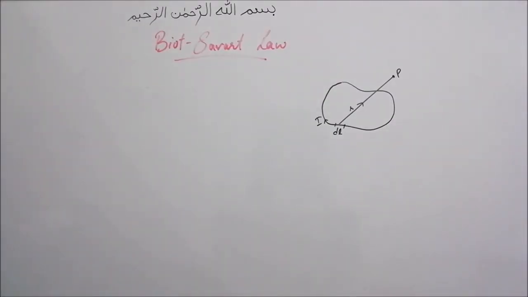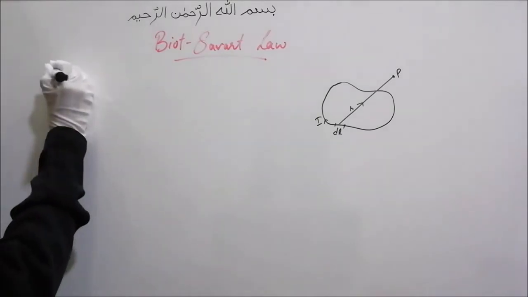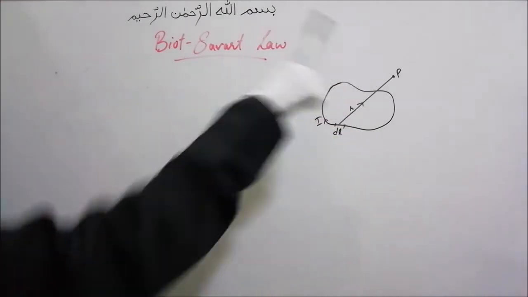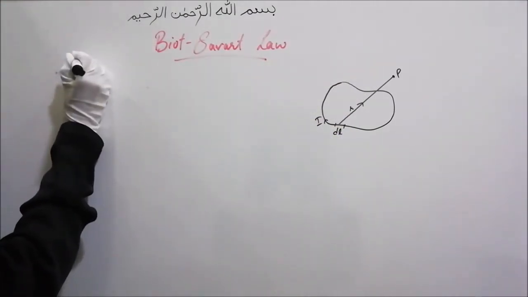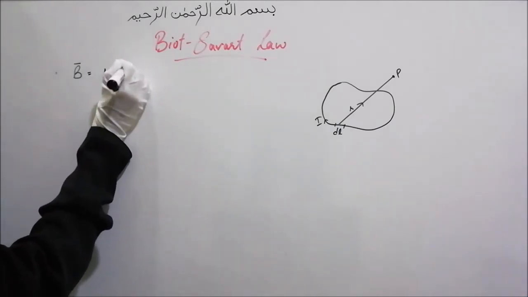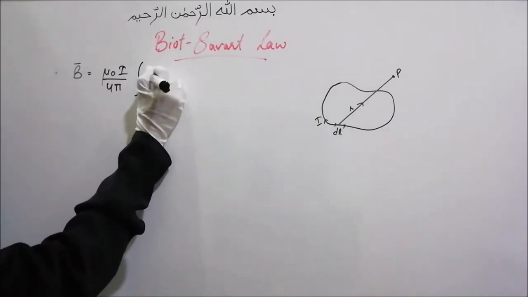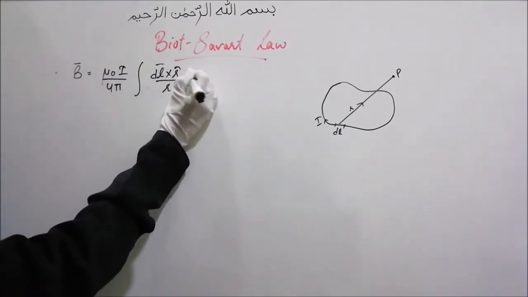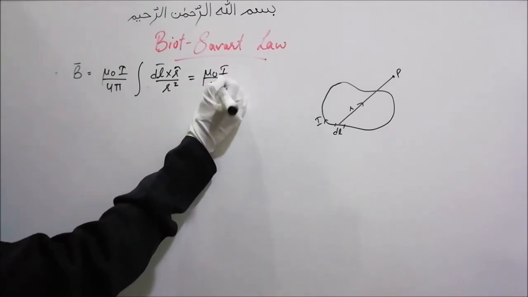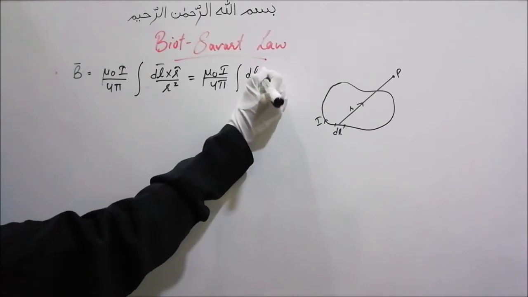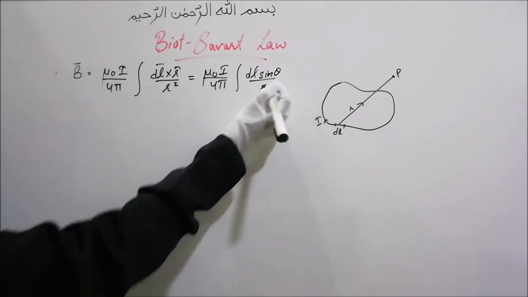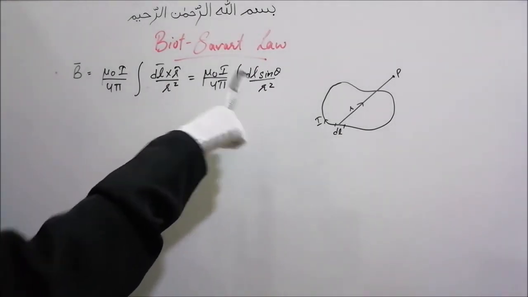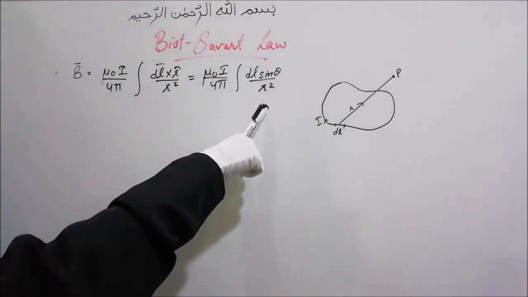Hi friends, we are going to begin with Biot-Savart law. The magnetic field due to a steady line current which is carrying a current I at point P is given by B is equal to mu naught I by 4 pi integration dl cross r hat upon r square, and this is the Biot-Savart law. This can also be written as mu naught I by 4 pi integration dl sine theta upon r square, where this dl is an element along the length of the wire